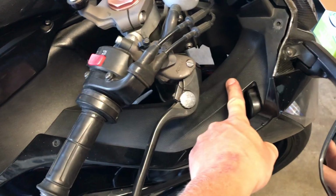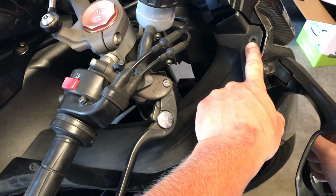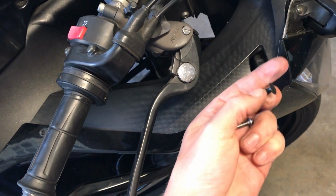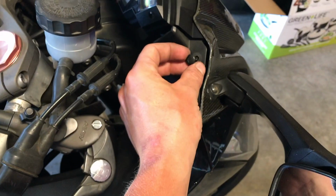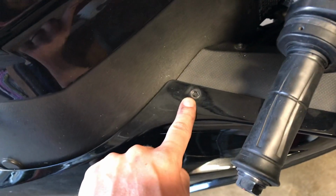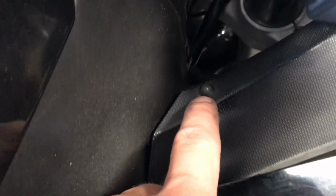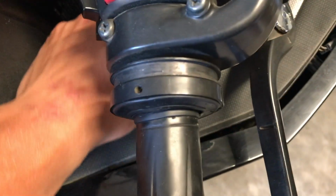So next up, we gotta take this piece off, and there's a push style pin. So you just push it in, and then you can pull the whole thing out. And then there's a screw down here, and this whole thing will come loose. That will expose the wires and stuff that we need. Now mine has an aftermarket light right here, so I'm going to have wires probably tucked in there somewhere holding this piece on, but you should be able to tease this out